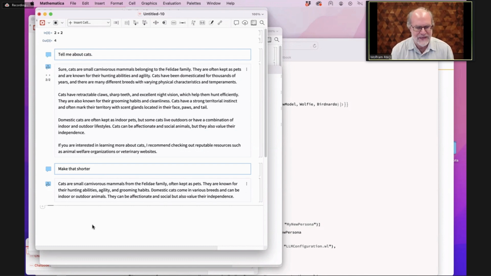That is how the illusion of history is created. And it really is an illusion, because there is no history, there is no state, there's no kernel that has variable values assigned or whatever. Because of that reality, and because of some of the ways in which we feel people are probably going to be using these features, we decided that the history in a chat notebook would be physical, spatial, rather than temporal. So basically, when I put in